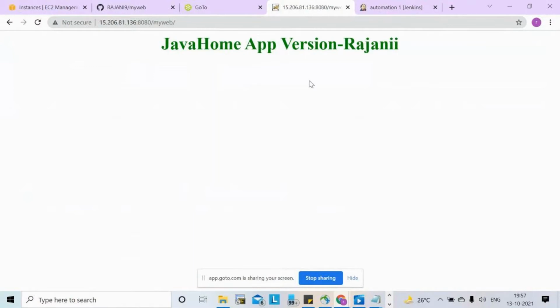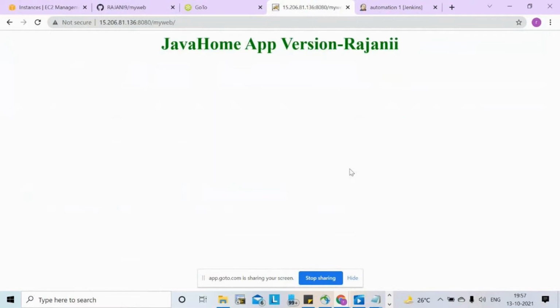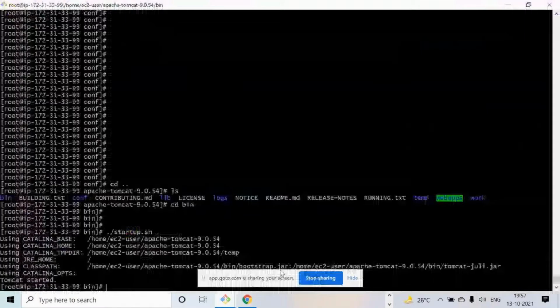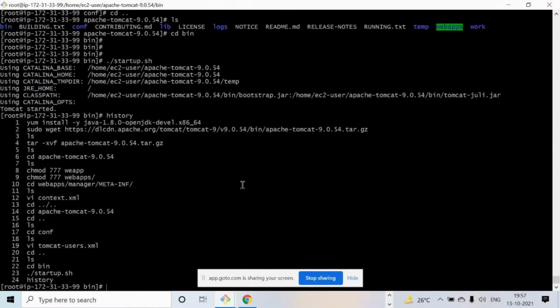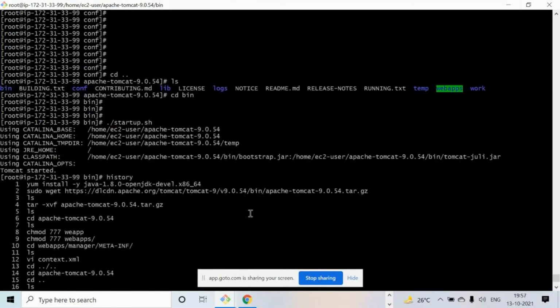Can we show the Tomcat server? Just one second, the command mode. This is the Tomcat server, right? So where is my web here? My web and the source somewhere in this server gets deployed, right?